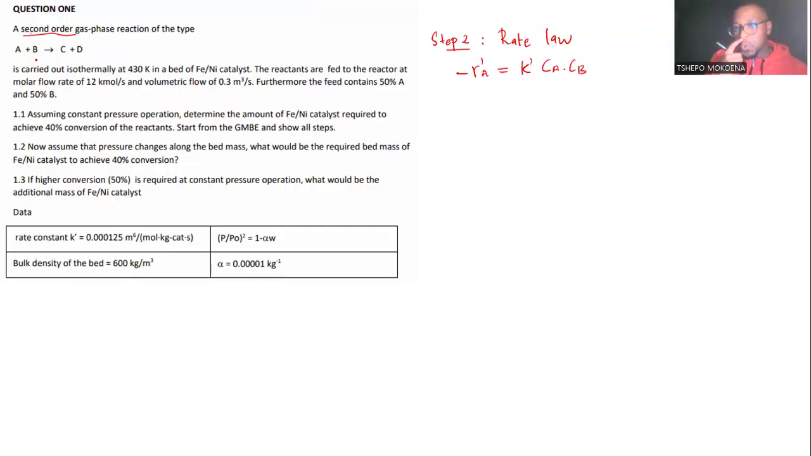Okay. So from here, you are fine. You can leave it like this, or you can also consider the fact that substances A and B are both equal. Since here we were told that their molar flow rate is 12 kilomoles per second, and we were also given the percentages for each of these. They said furthermore, the feed contains 50% of A and 50% of B. So that literally tells us that the concentration of A is definitely the same as the concentration of B. So you can say the concentration of A is equal to the concentration of B, and then this will give you Ca